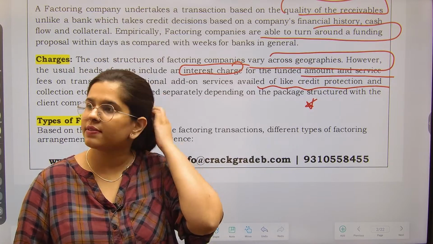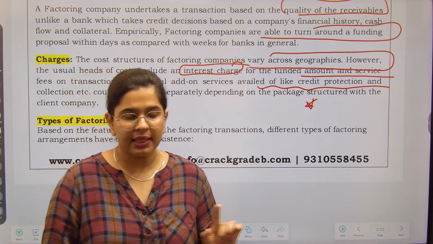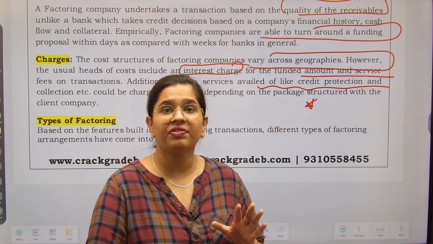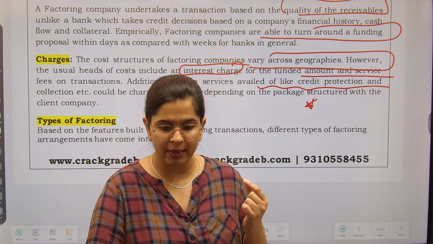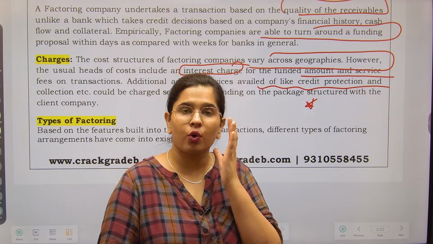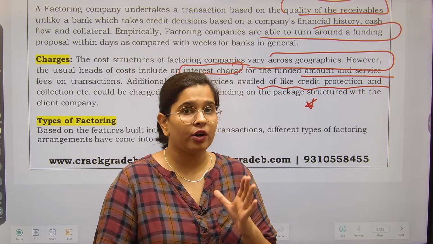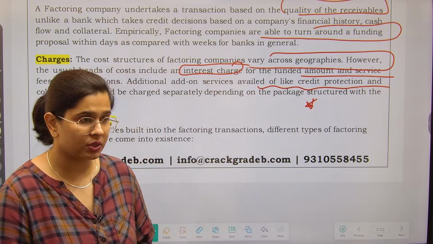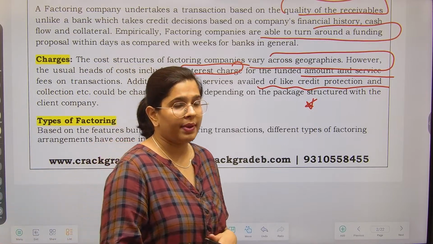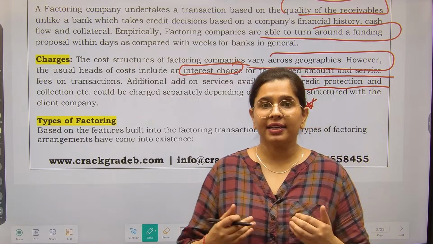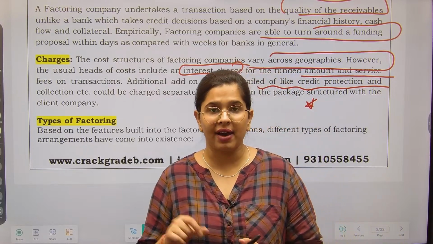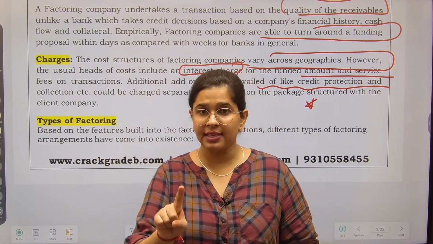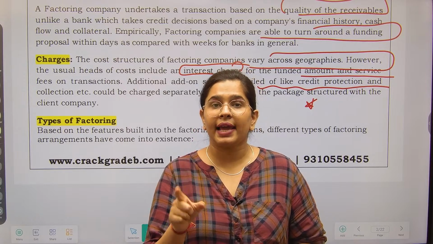If you take some additional services, see, in this particular case, what is the factor doing? The factor is just doing the work of collection for you, okay. Here you need to understand one thing very well: the factor is only doing the collection for you. They are not taking the risk of non-payment. What do I mean by this? I mean to say, a debtor was supposed to pay me within 60 days, right? But the factor gives me 75 to 80% of the value within 4 to 5 days, okay? So I am getting the funds, but the factor says this is subject to the collection of the amount.